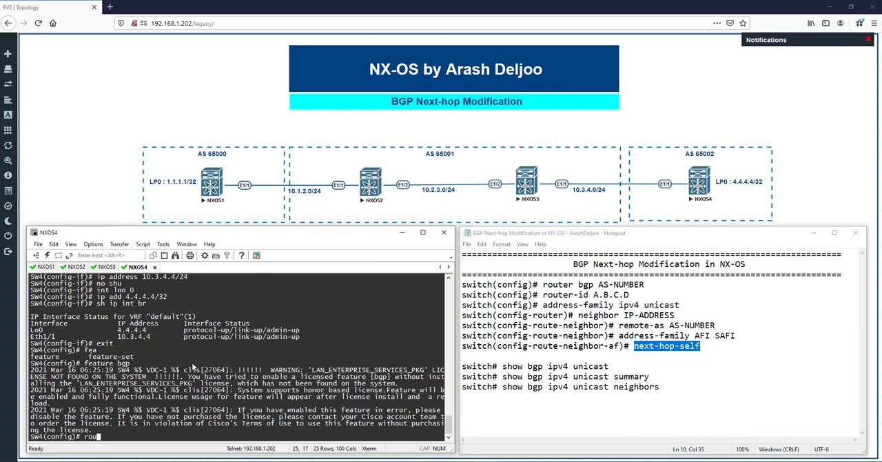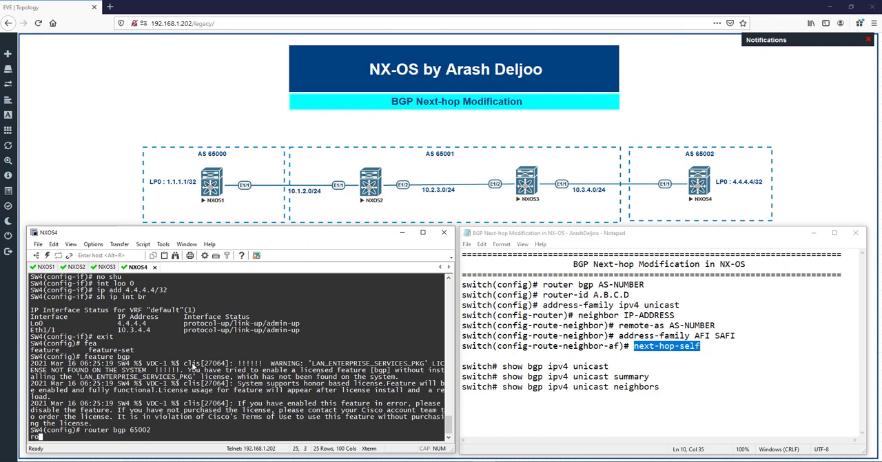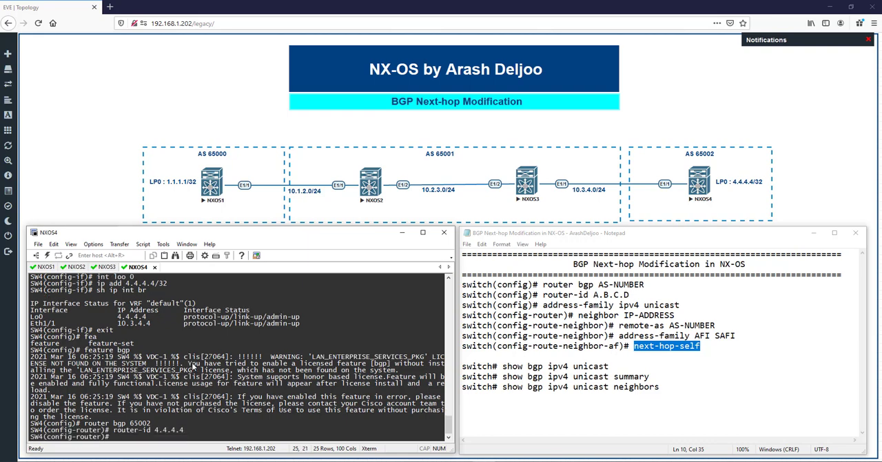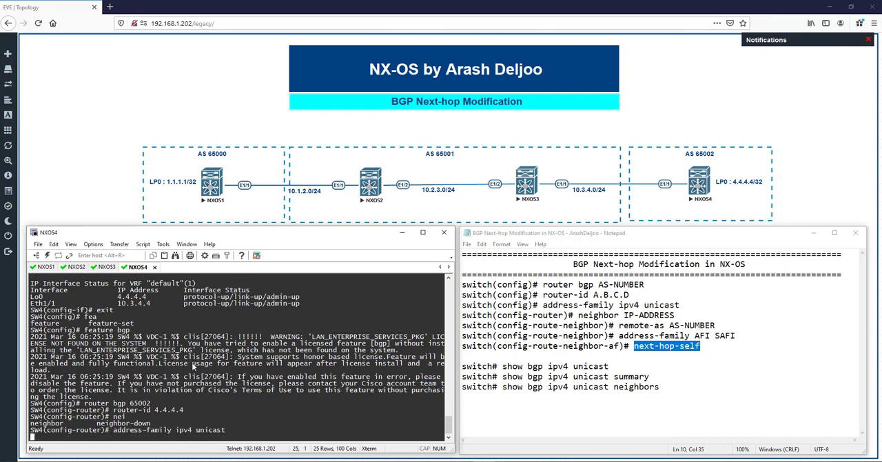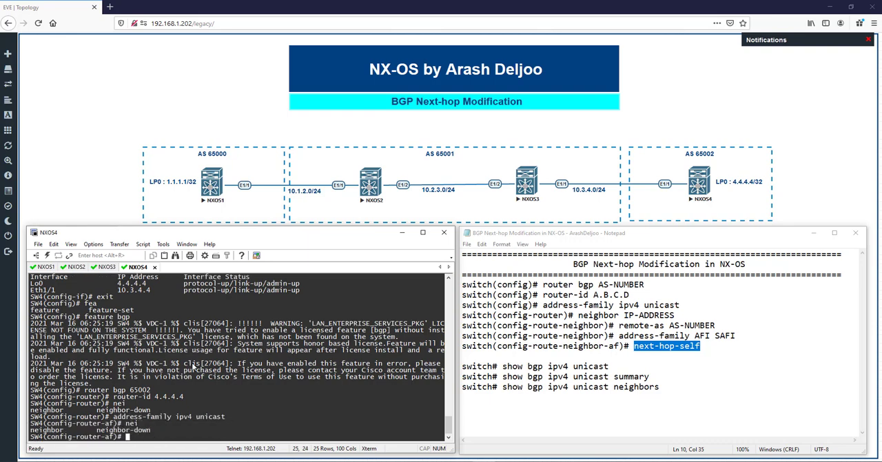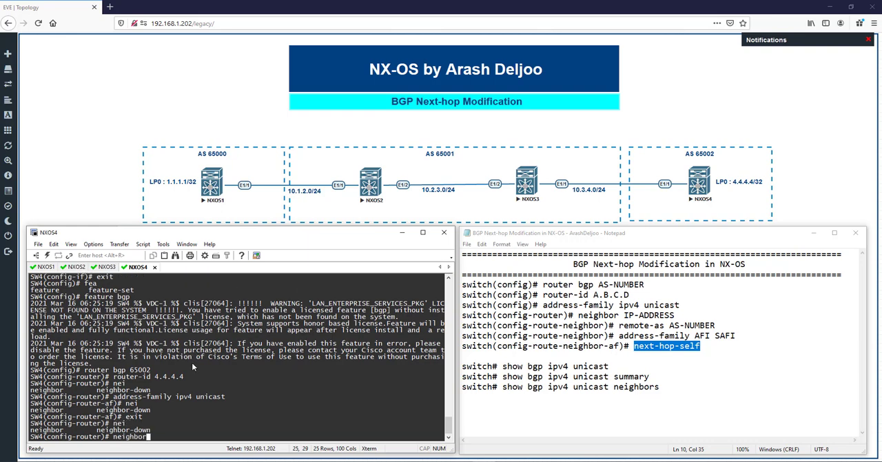Here in switch 4, router BGP 65002, router ID is quad 4, okay, and the neighbor is 10.3.4.3, and first we should enable address family IPv4 unicast. Then the neighbor is, for example, neighbor